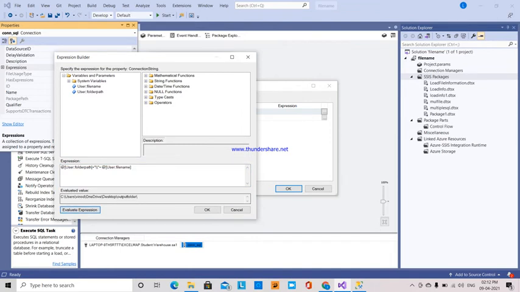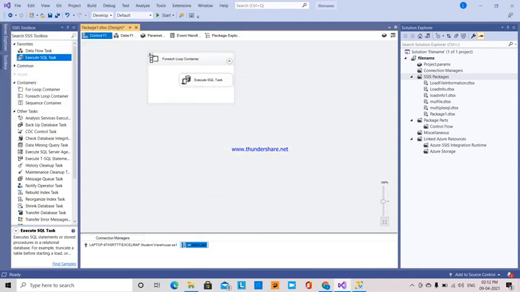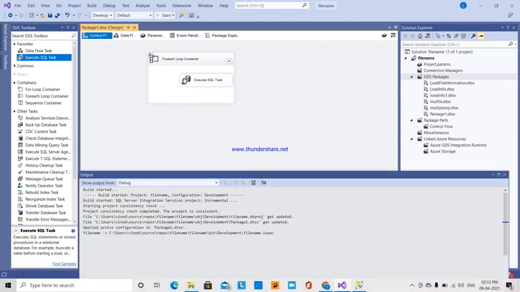If you evaluate this, it is the output folder path plus a slash, and then for each iteration it will go to that particular file and read your file name. Right now no file name is there, so we will not get any file name here. For each iteration it will give that file name, read it, and evaluate. Now it's okay and ready. Let us see whether this executes or not.